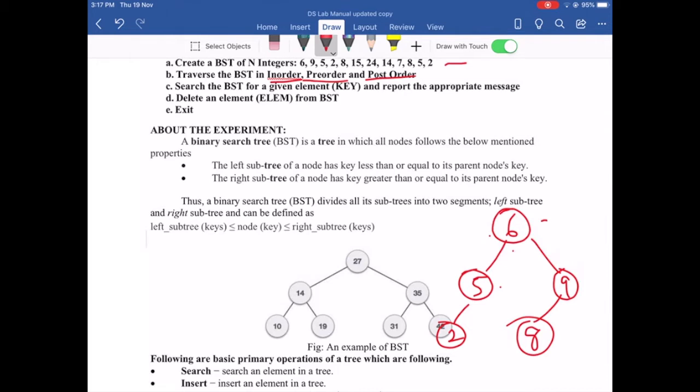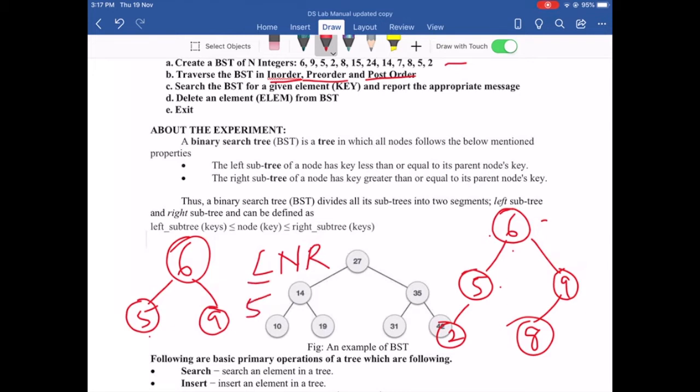In order, if I take just 3 nodes, in order will be the left node, then the root node, then the right. So left is 5, the node itself is 6 and the right is 9. This will be the order if you visit in order.